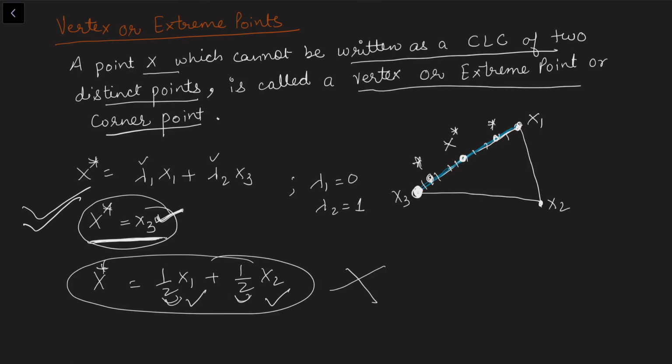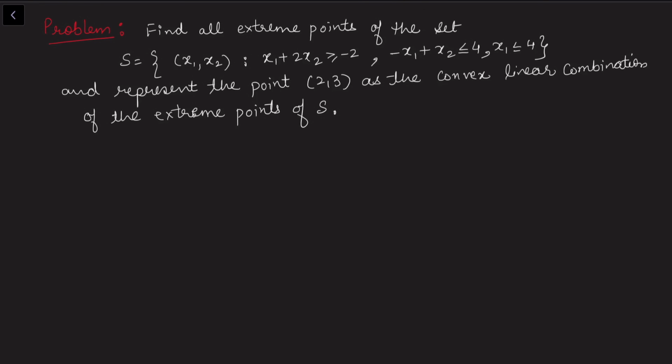Any corner point cannot be written in such a combination. So this is the only possibility for writing the corner point, that the sum of the scalars is equal to 0, and hence we call this an extreme point or the corner point or vertex. So vertex is for a single vertex, and if we are talking about more than one vertex, we may call these vertices.